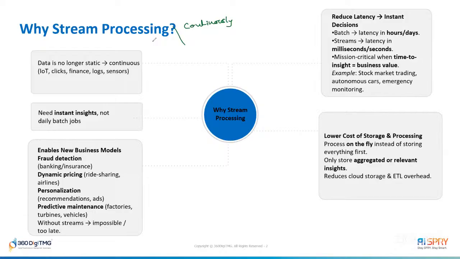Today we have click data, the number of users visiting the website, clicking the products, finance data, the transactions that are done online, log data, sensor data again, which is again Internet of Things. We have a lot of data that is continuously coming,